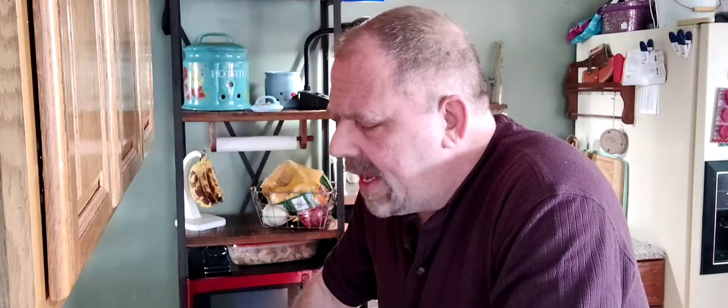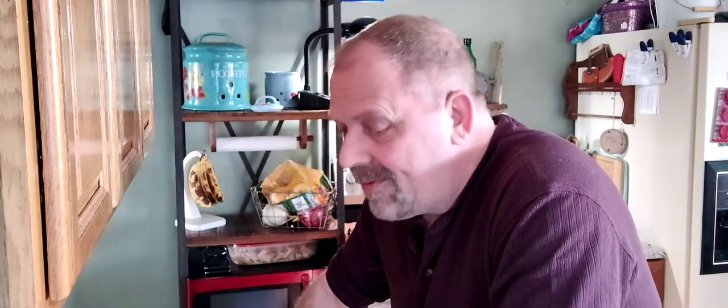Minimum 4 to 6 hours. Minimum 4 hours, but 4 to 6 hours. And cheesecake, for all its coolness, the longer you let it sit in the fridge, the better. Now, if you're making this the day before and you can let it sit overnight, for 24 hours in the fridge, that's optimal